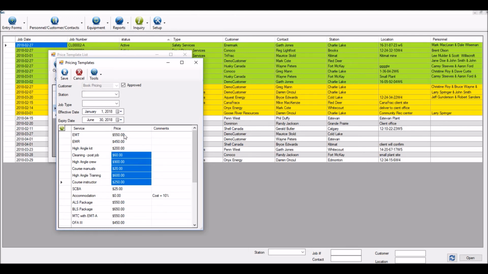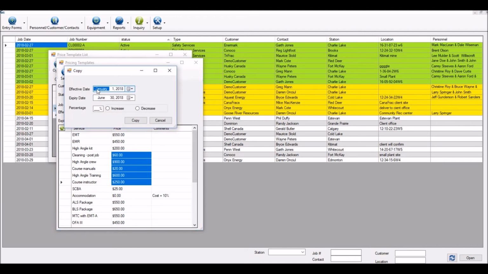Rather than have to go through and manually do the math and figure all this out, we can simply copy the template. Now we can pick our new effective date. In this case, it'll be July 1st. And we can pick our new expiry date, which will be December 31st. And here we can actually say what percentage do we want to increase or decrease our pricing from. Hopefully you never have to use the decrease, but it's there as an option. So we're going to say increase, and when I click copy,